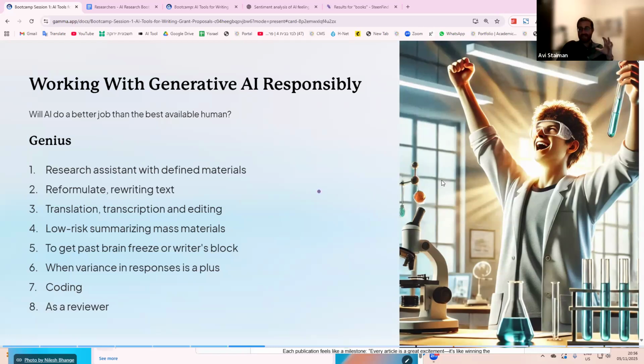Think about one use case, something that you need to do. It's on your to-do list for later this afternoon or later this week, or maybe a task that comes up from time to time that you really don't like. I always like to say, start with AI with the stuff that you don't like about your job. Don't replace yourself, right? If you love, I don't know, literature reviews, and you love reading articles, don't use it as a summary tool. If you hate, for example, writing grant proposals.